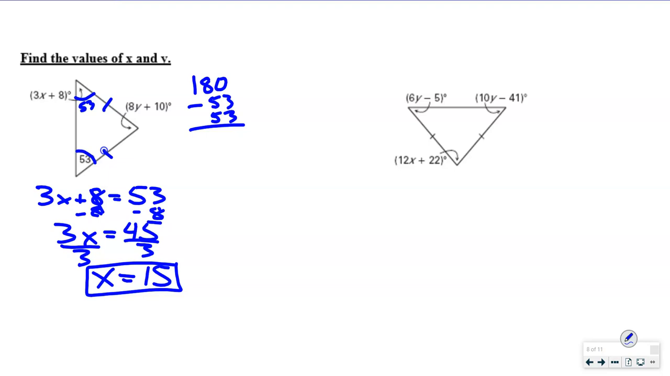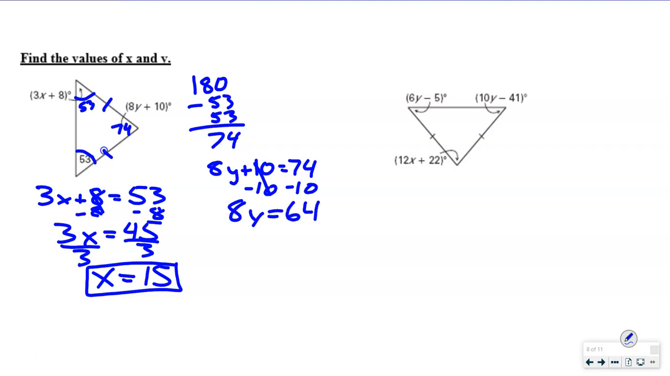And we get 74. So 8y plus 10 has to equal 74. So I know that's going to be 74, and I can solve for y. Subtract 10 on both sides. 8y equals 64, divide by 8. And y equals 8. Looking at our next triangle, again we have an isosceles triangle, two sides that are marked